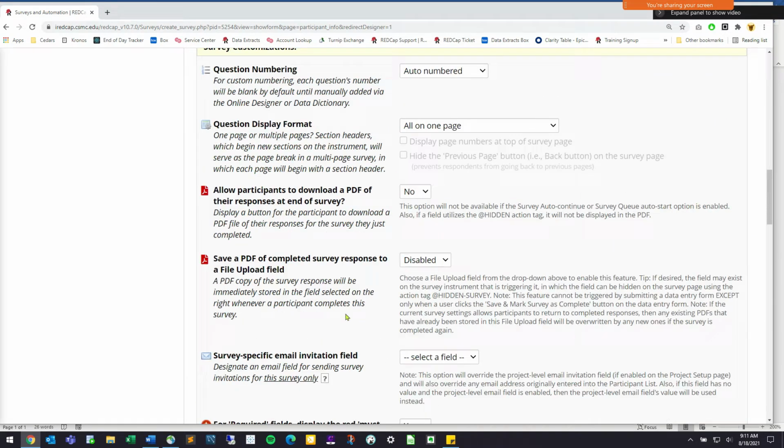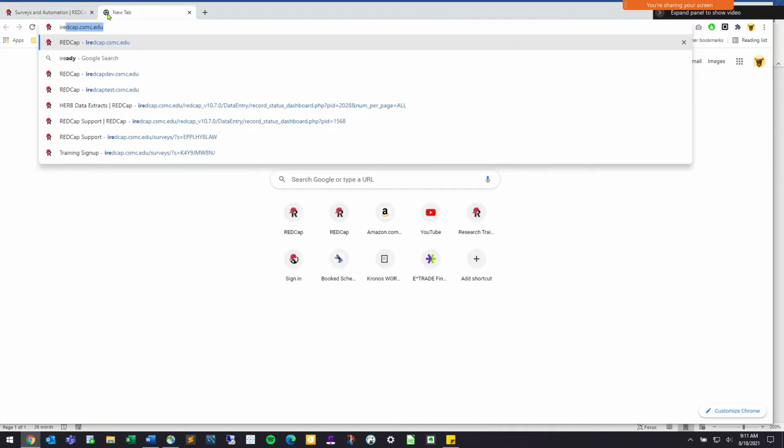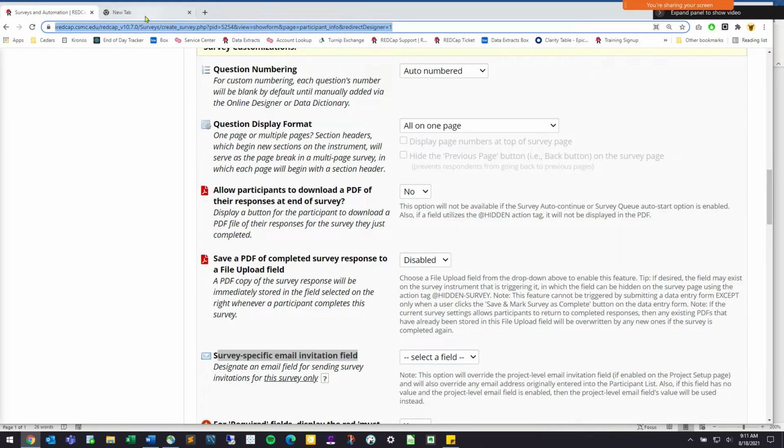One other thing that's really important whenever you're sending out surveys is this survey-specific email invitation field. This particular field is going to be really good because you need to specify to REDCap which email address you want this form to go to. In this particular case, I only have one field called email, but the reason why you have to specify this, and I'll give a quick overview here,